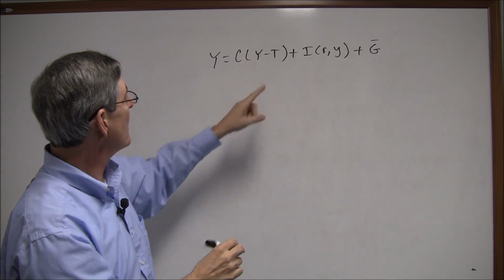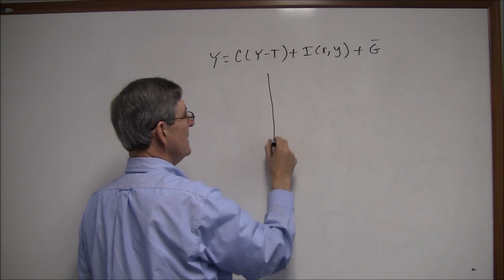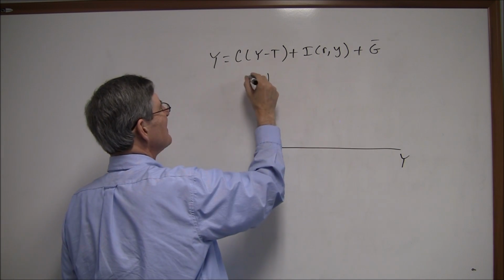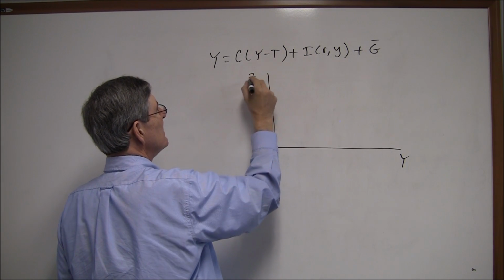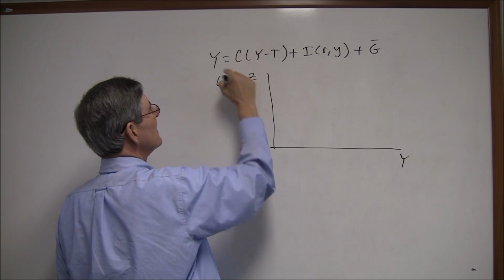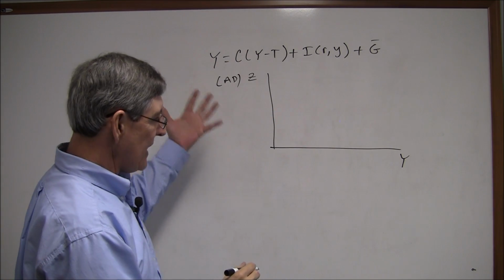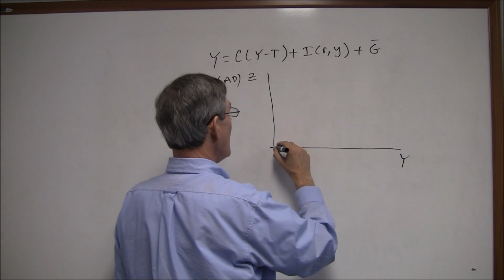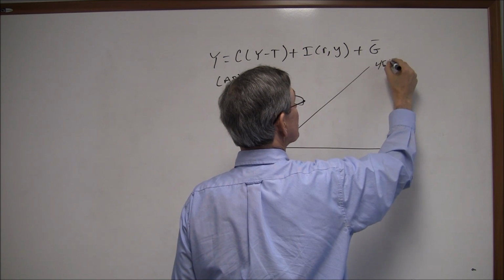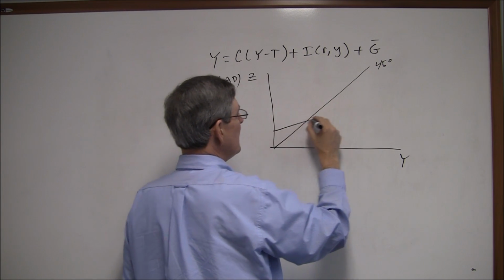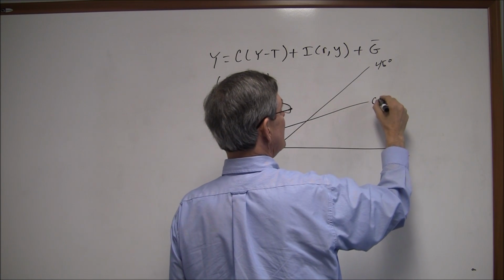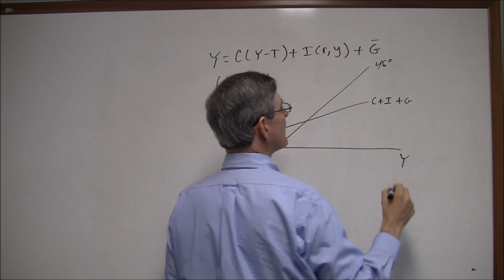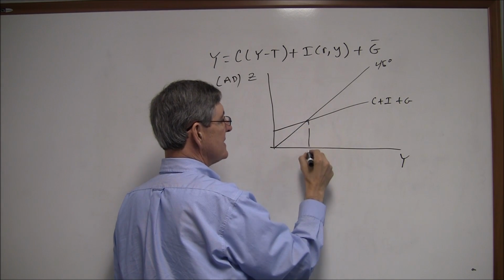Okay. Now, we've already drawn a picture of this. What we did was put income on this axis. They called it Z in the book, but it's aggregate demand. Z is demand. And we noted that you can model this as a 45-degree line diagram and then put this function C plus I plus G, and then where that intersects gives us